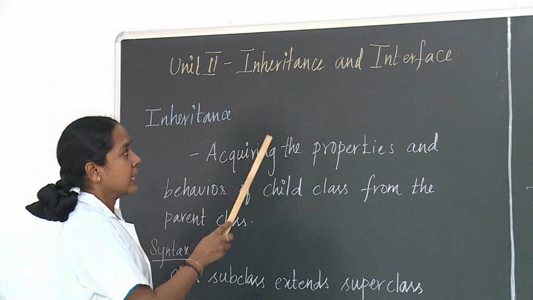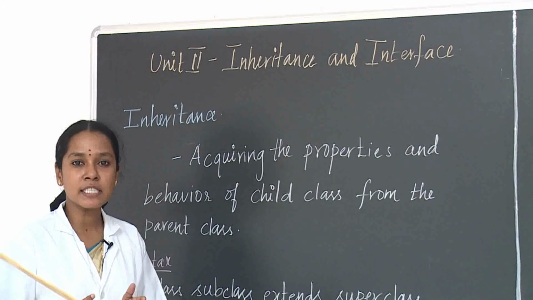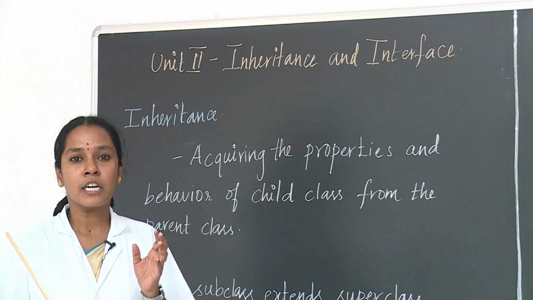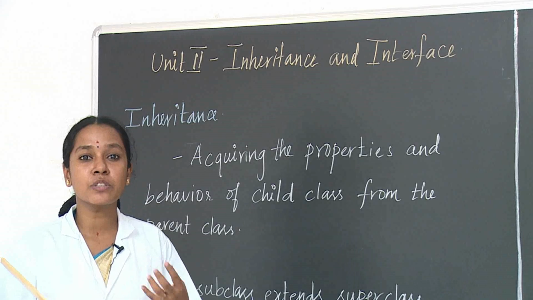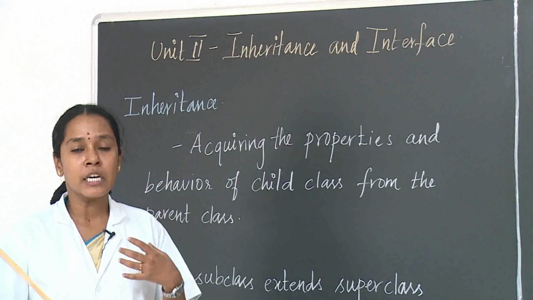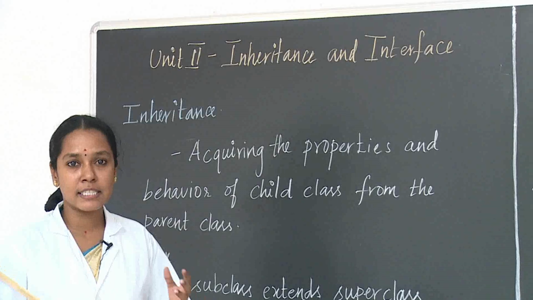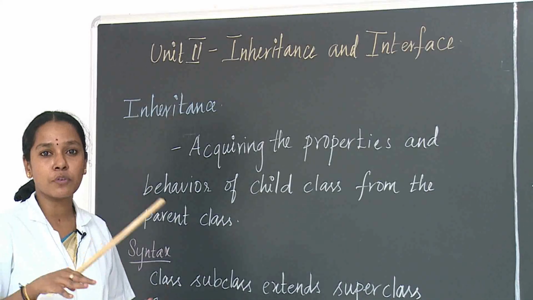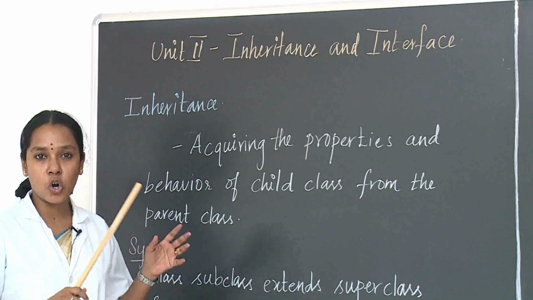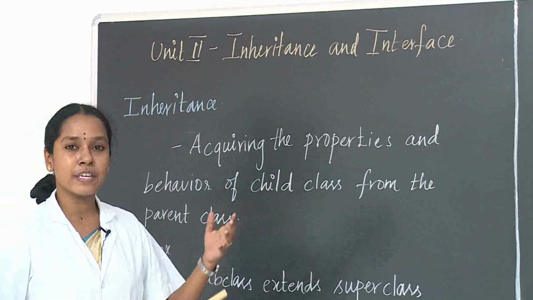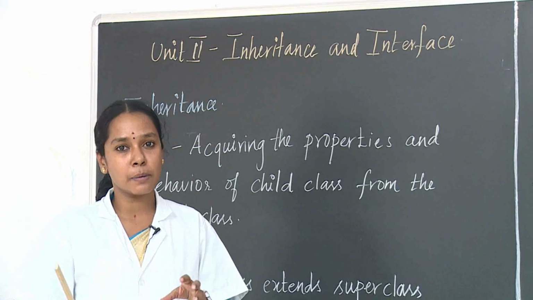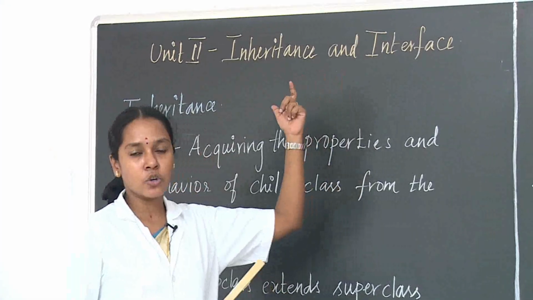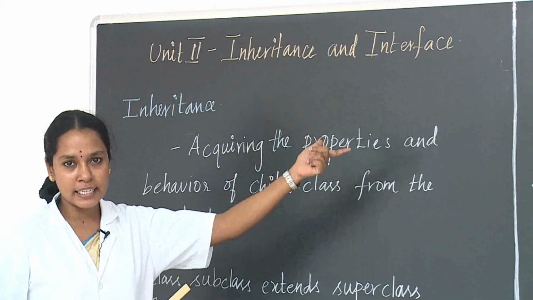Next unit is inheritance and interfaces. Inheritance is a main concept in object-oriented programming. We already saw it in the first unit. Inheritance means we are going to derive the properties or mechanisms of the main class, that is class A, in a class B. I am just going to access the properties of class A in class B, and that is called inheritance. And what is an interface? It is a substitute for multiple inheritance, which is not supported in Java. For that purpose we have to move to an interface. So that is the second unit, inheritance and then interfaces.